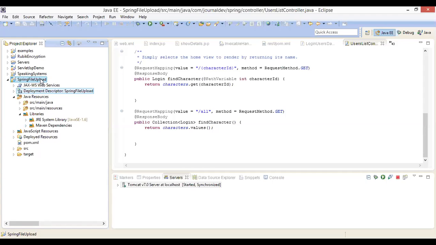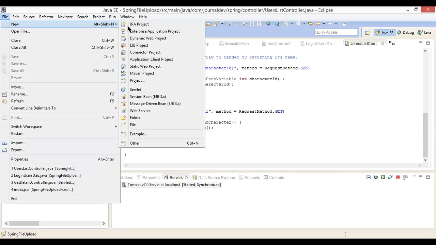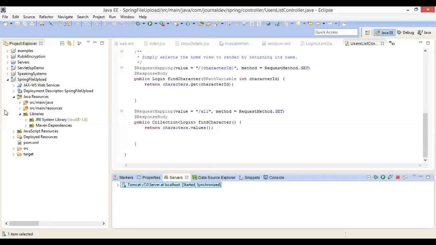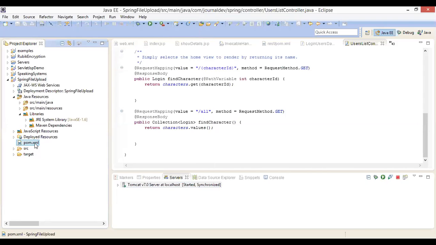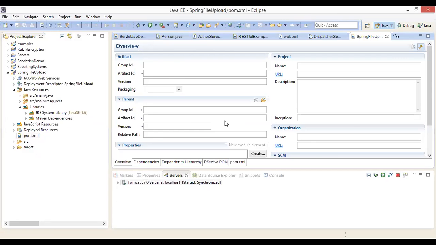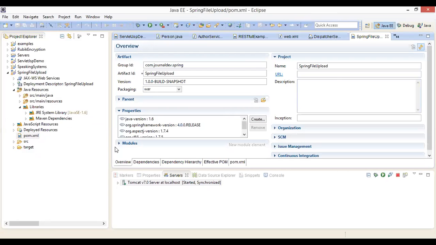What does Maven mean? See, whenever you create a project in Eclipse using Maven, that means File, New, this is the option, File, New, Maven project. If you open like that, this will be created. In this, there will be one important file called pom.xml. This pom.xml is a Project Object Model XML. So if you open this pom.xml, you have various perspectives of the view of this pom.xml.